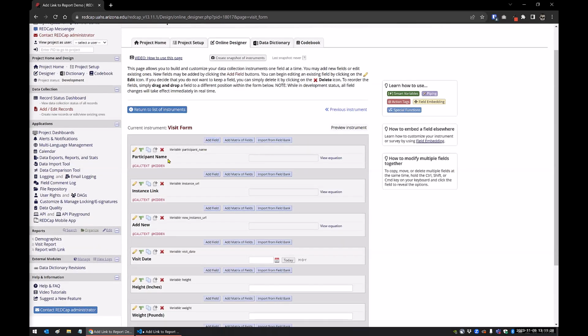So I figured out how to get the URL. Now I had to figure out how to get that value and how to put it in a report, because REDCap, I could pipe it somewhere, but REDCap doesn't allow you to put piped information in a report field. So I ended up having to use calc text,